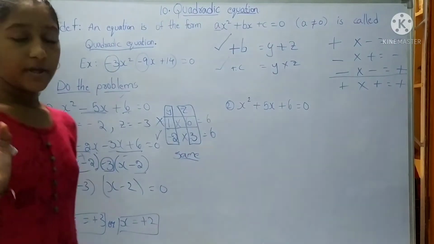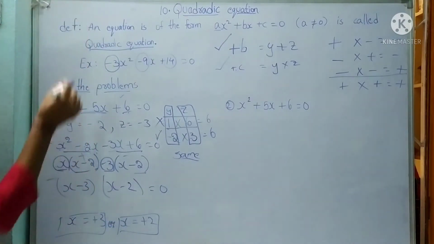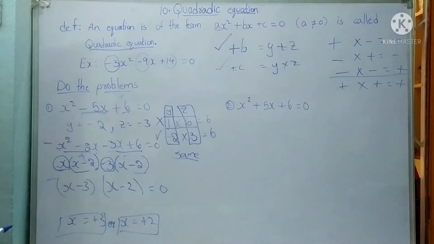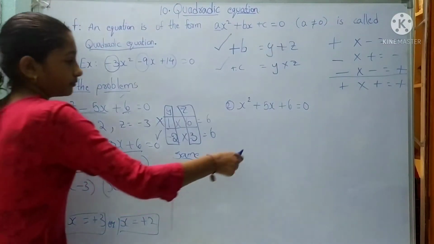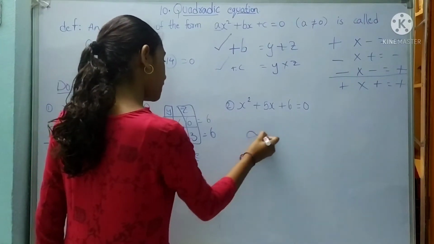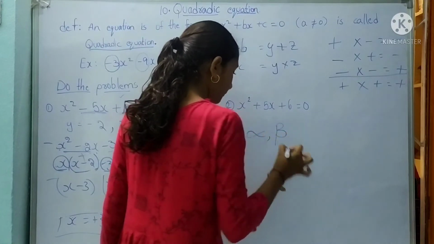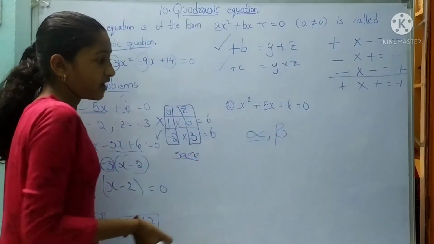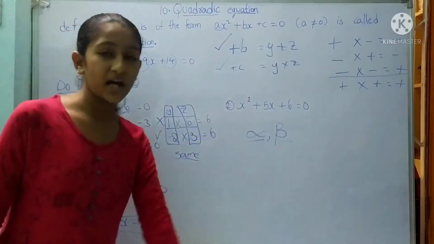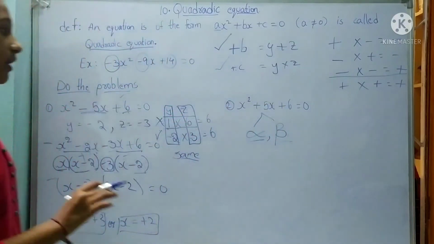So here in a simple equation the root is x. In a quadratic equation, the roots are, so alpha, wait, I am writing here, alpha and beta. This is the alpha, this is the beta. So alpha is one root and beta is one root. So these two are the roots of the quadratic equation.